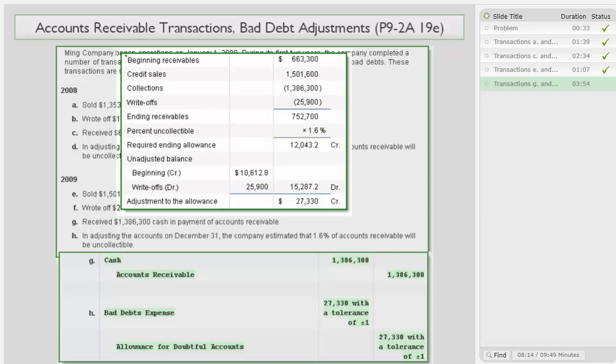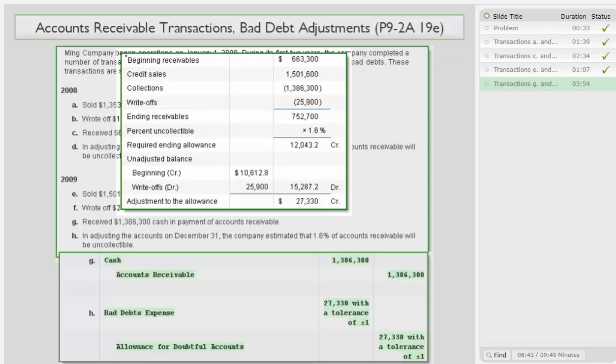Then we had additional credit sales that increased receivables by $1,501,600. We had collections of $1,386,300, so that reduces our receivables. And we also had write-offs during 2009 of $25,900. That also reduced accounts receivable. So we wind up with an ending receivable balance equal to